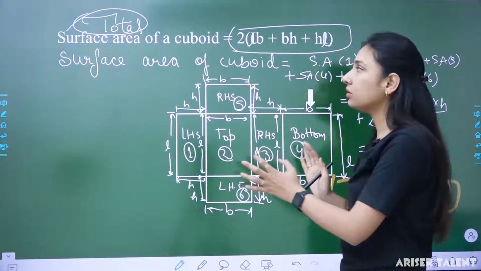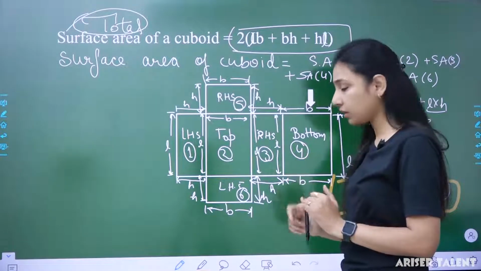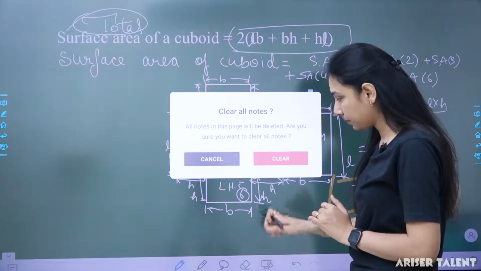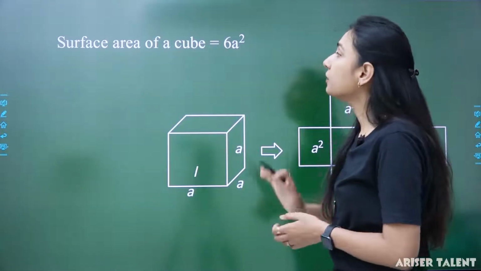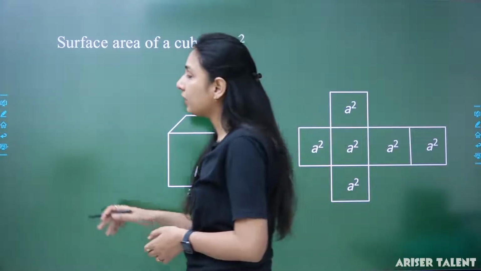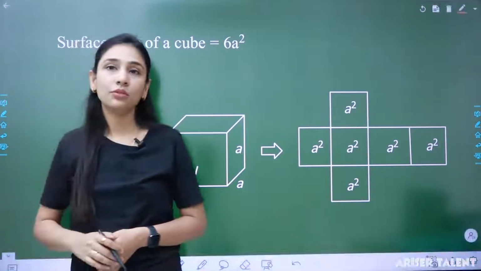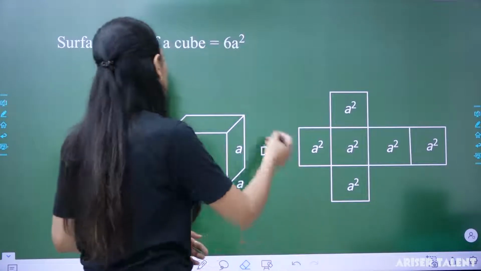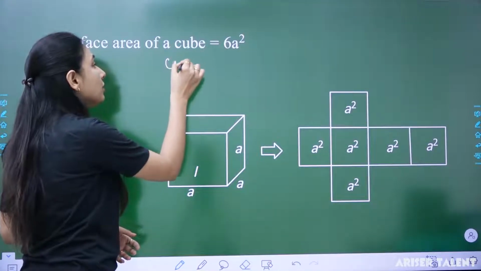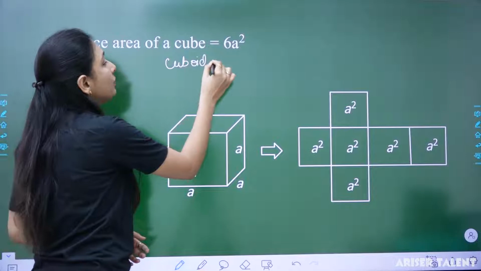Okay, so this is about the surface area of a cuboid. Are you done with it? Okay. Surface area of a cube. Okay, I've told you something, students: what is the difference between a cube and a cuboid? Basically, a cuboid becomes a cube